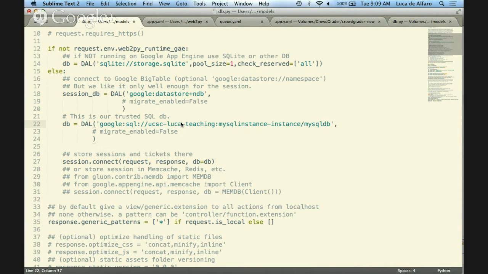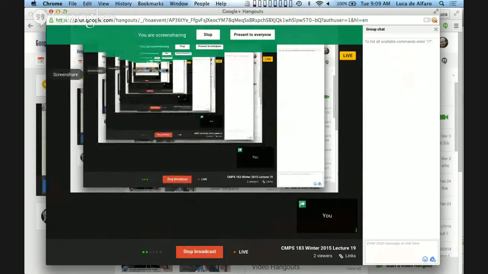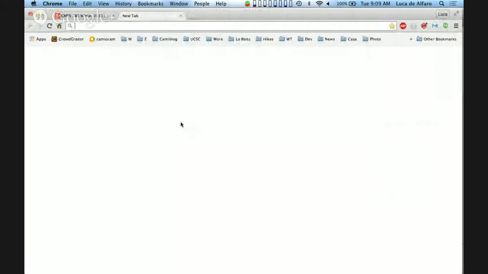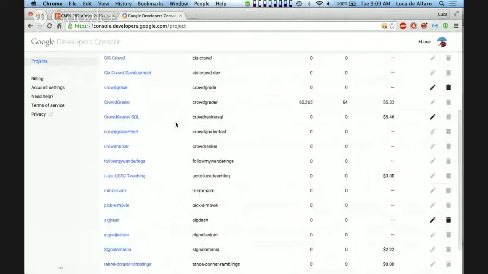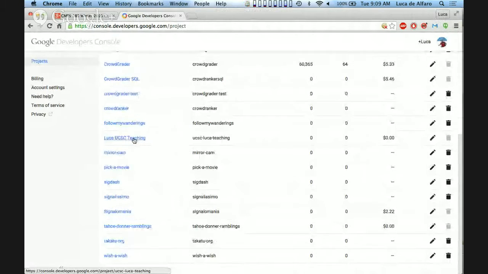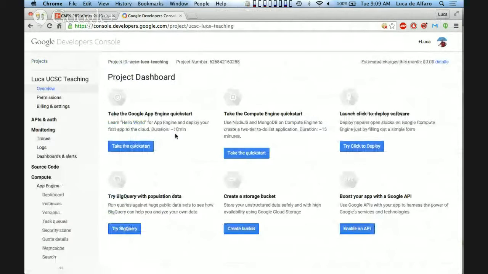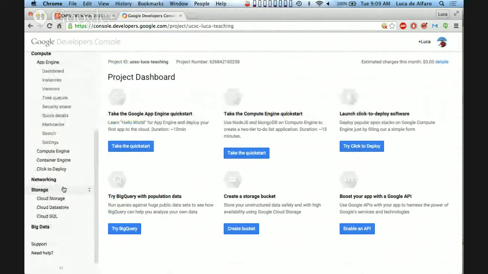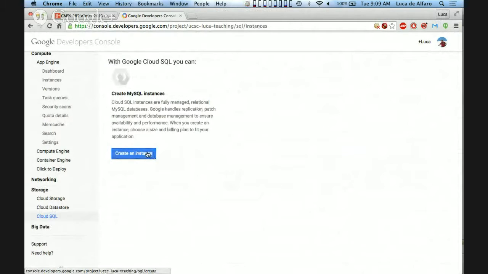So if I go to UCSC Luca Teaching in the console, let me do that in fact. I can go to console.developers.google.com, I can choose UCSC Luca teaching, and I can choose under storage Cloud SQL, and I can create an instance. I don't do it now.